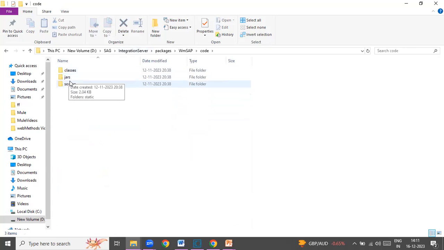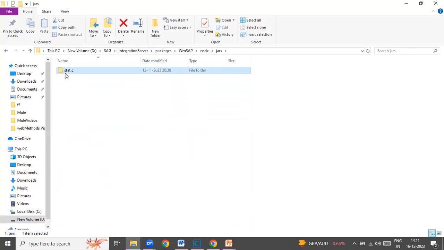Some jars, if you want to support the IDOC functionalities or use some Java classes, you need adapters which are SAP JCO jars, the Java connector jars, and they all need to be there. So you configure the SAP adapters